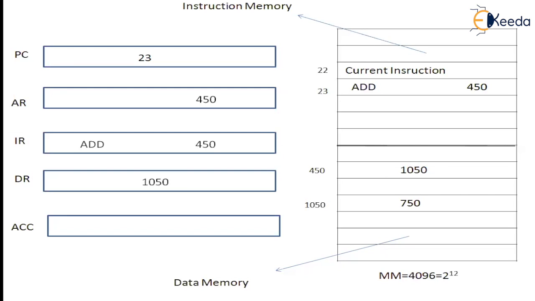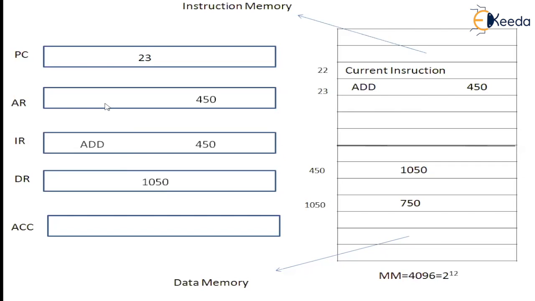Now you see, the address register will locate the addresses. If the located address is an instruction, then that will get transferred to the instruction register. If the located address is a data operand, then that will get transferred to the data register. If you can remember, initially the address register is trying to get content which is in the instruction part. Then that content will get transferred to the instruction register. In the later stages, the address register is trying to locate an operand. At that time, the operand will be transferred to the data register.